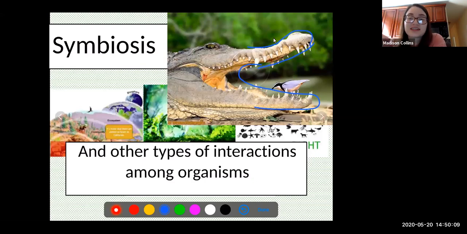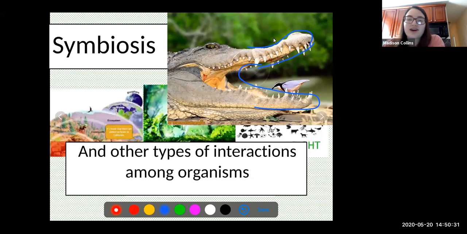So essentially, whenever the crocodile has leftover food in its teeth or needs its teeth cleaned, it calls the dentist. And the dentist in this case is this bird. This bird sits in the crocodile's mouth and picks out all of the leftover food, and it cleans that crocodile's teeth. But in the process, that bird's actually getting its lunch.